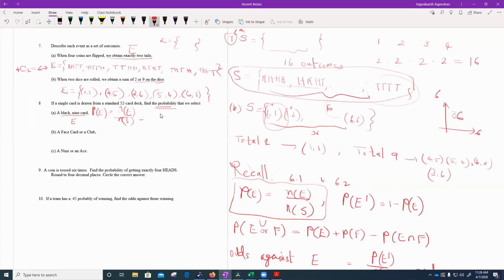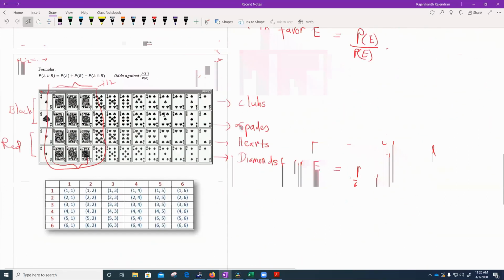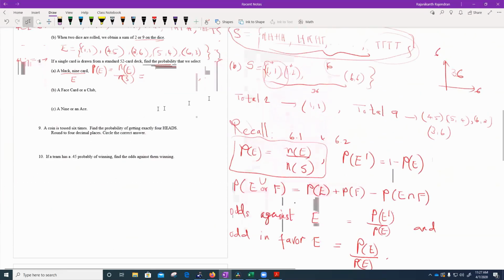So my event is getting a black 9. Go to your sample space and tell me how many such cards there are. This is black, right? The first set of these two are black suits, clubs and spades. So you see a 9 here and there. So there are two of them, 2 nines that are black. Therefore, the number of possibilities for being a 9 with black is 2